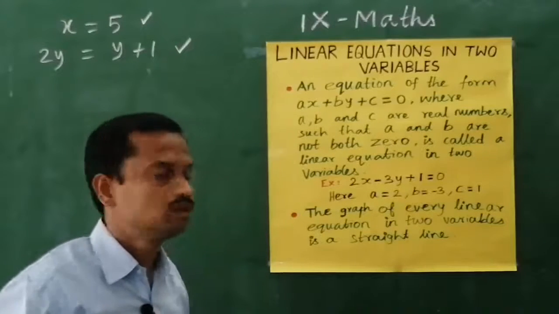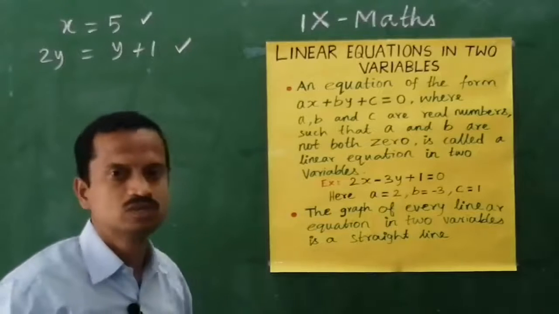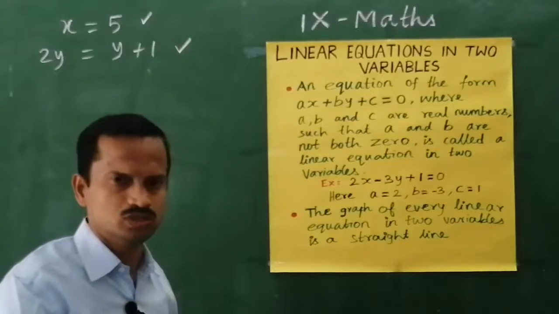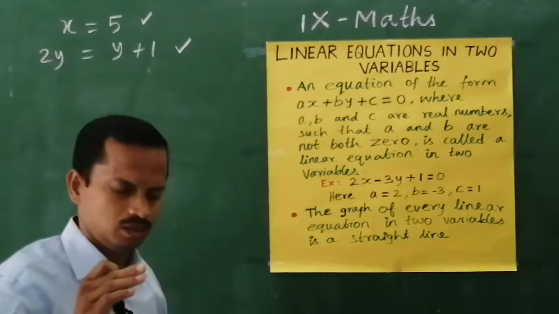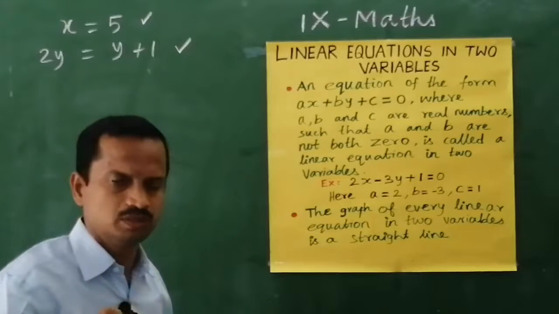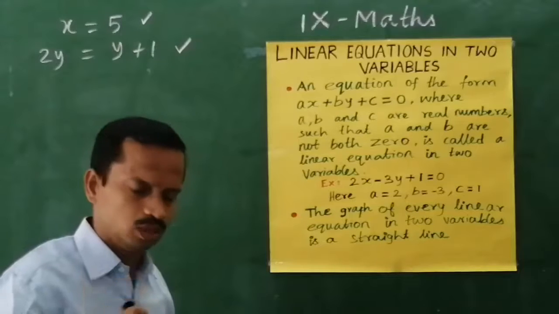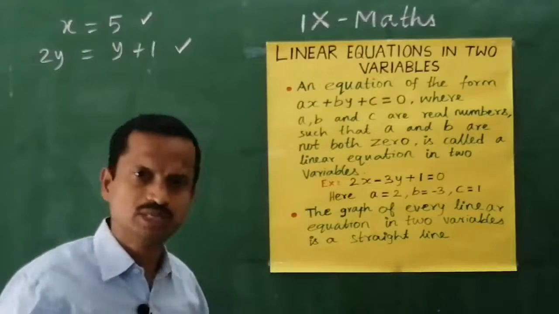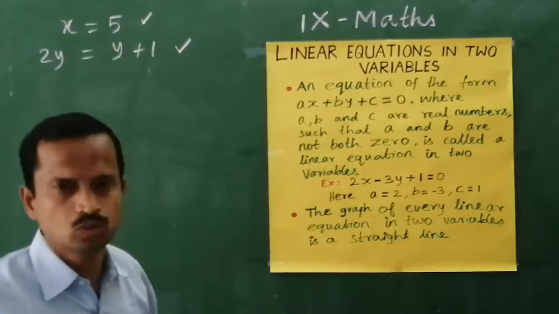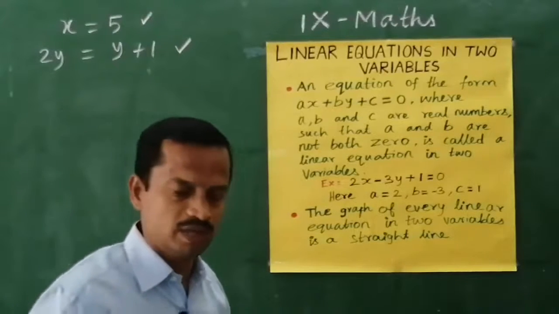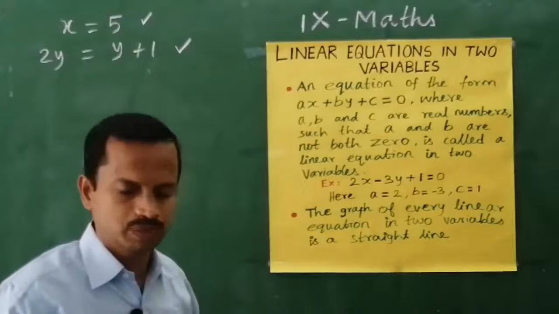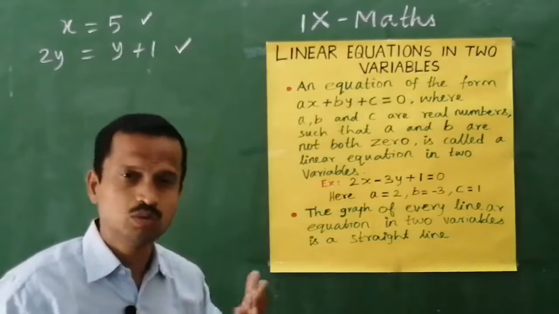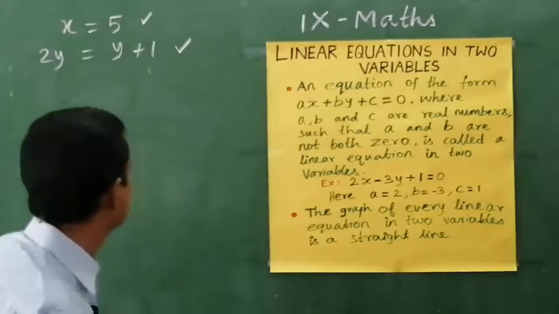In a graph we can say what x equal to 5 means. On the x axis, from 0, that is the origin, each centimeter is 1 unit. So, 1, 2, 3, 4, 5, and if x equal to 5, then you can easily draw a line through the value 5 which is perpendicular to the x axis, otherwise parallel to the y axis. Am I right?